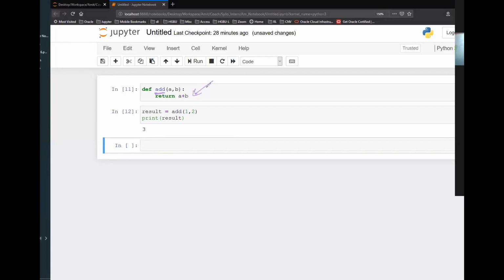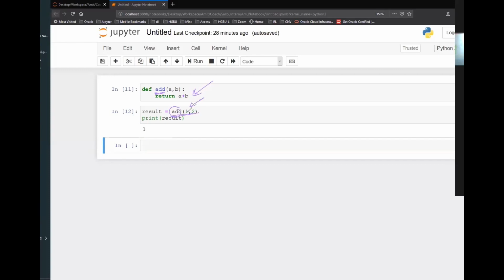That's all. The code is not getting executed as of now. You're just letting your computer know that I have a function with the name add which takes two parameters. So just be aware of that. And then when you call this function, you give the function name and all the required parameters.